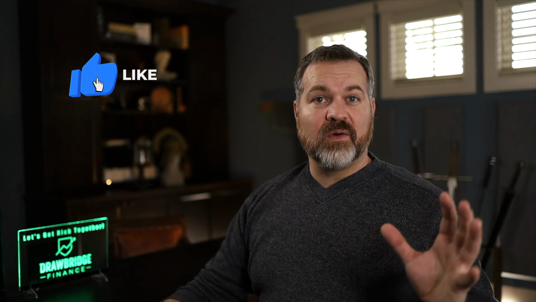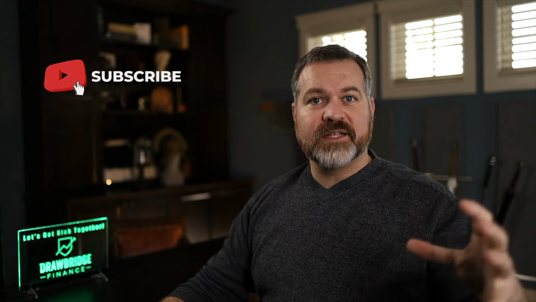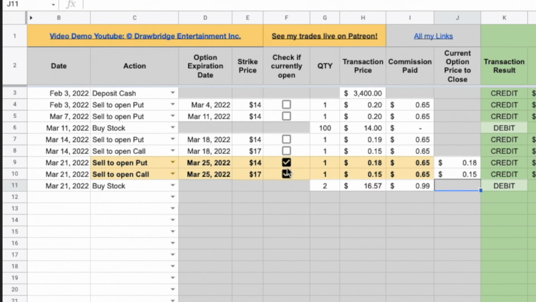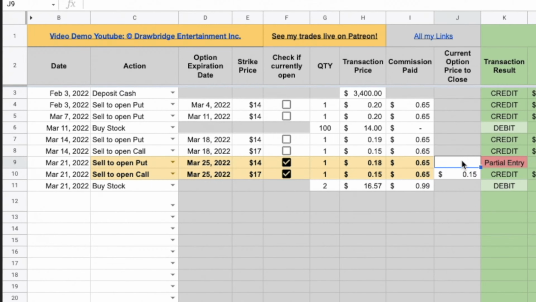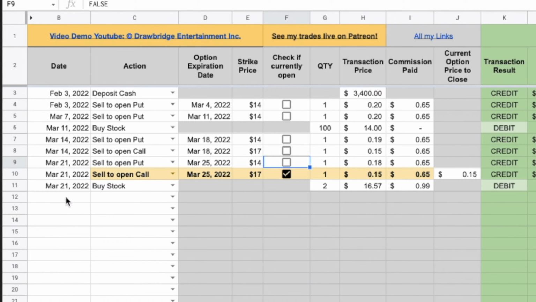Now, the thing about this sheet is that it does need to be kind of finalized to wrap it all up and give you a proper summary. And to do that, all of the positions have to be closed. So we would have to let these expire or purchase them, buy to close. So I'll show you a buy to close. We would delete the value, and we would click on close because it's no longer open, and we would put in an entry, say March